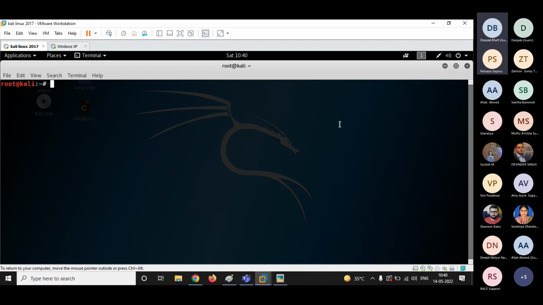What is the command we'll be typing to launch Metasploit framework? MSF console, right? Yeah, it's MSF console. Very nice. So as soon as you type this command, guys, your Metasploit framework will be launched. And then you will be confirming whether these exploits that we got from the browser are really available against a Windows XP machine or not. So we'll be checking that.